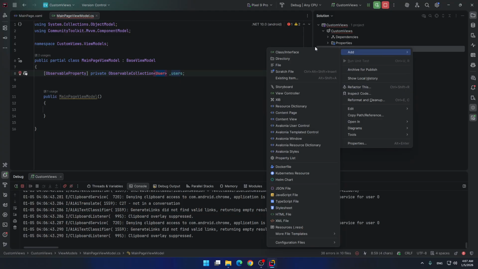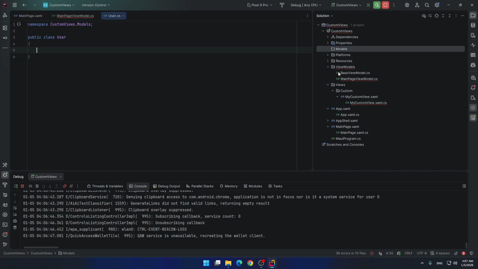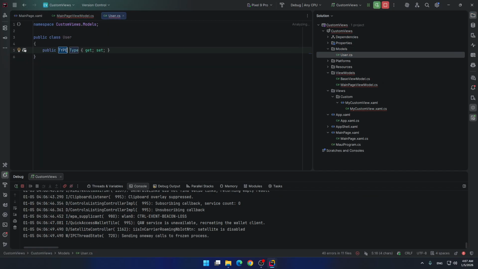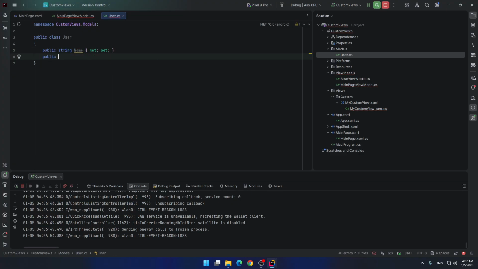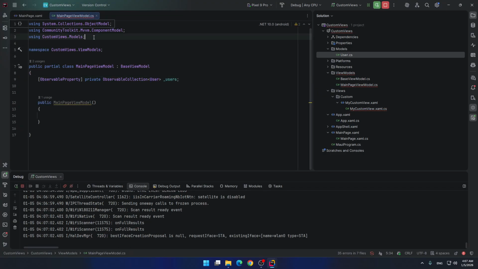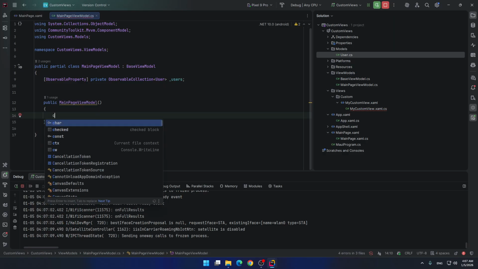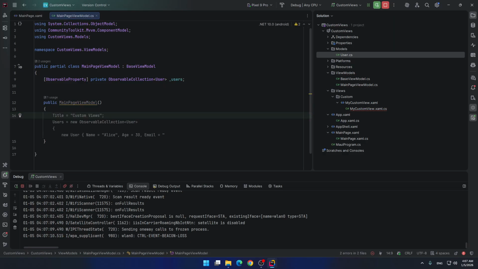User does not exist, okay? We need to go inside models directory. Let's create class user. Let's give it properties, name and last name. Now we can add this models class here, and inside our constructor we can fill this users observable collection.